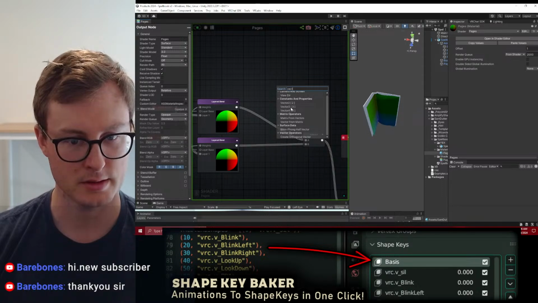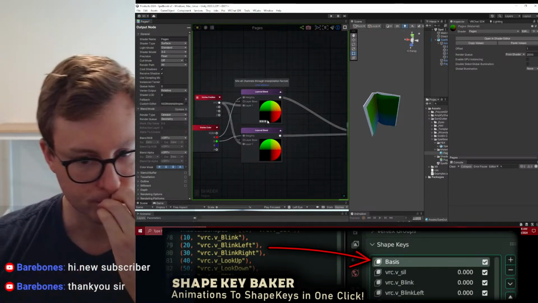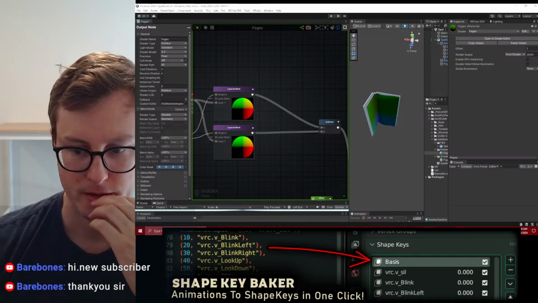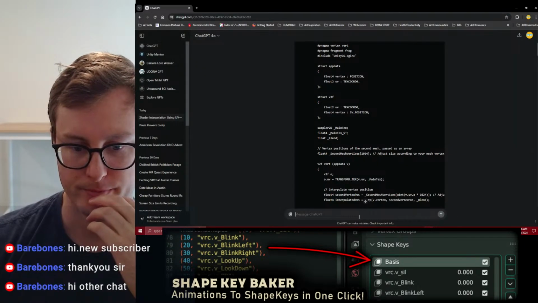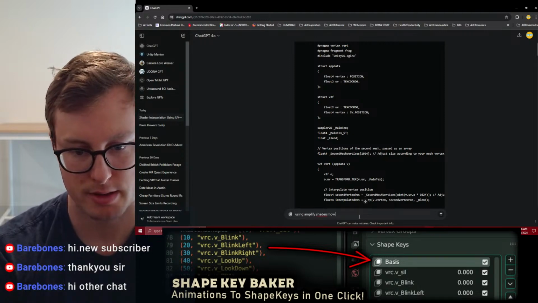These are constants, though. If I make it, I can't set it this way. Using Amplify Shaders, how can I